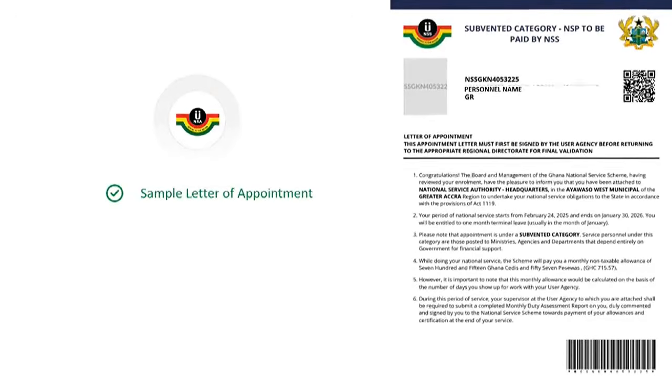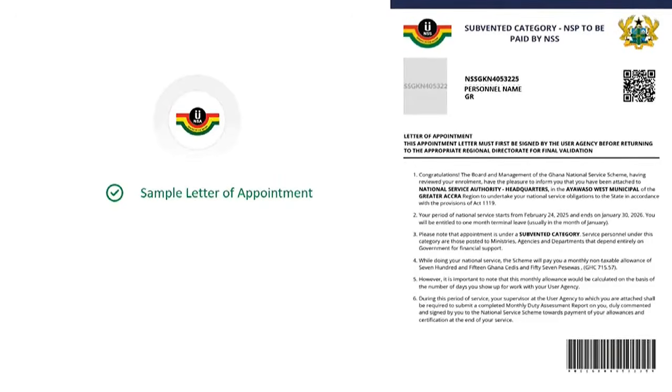All right. So after you are done, the regional office or your registration centers will give you 3 copies of the appointment letter. You are to keep the original letter, submit 1 photocopy to your district office, and also give 1 of the photocopies to the organization where you have been posted. So keep a copy, give your user agency 1 copy, and then send 1 copy to your district office where you have been posted. Very important. Right. Once that is done,